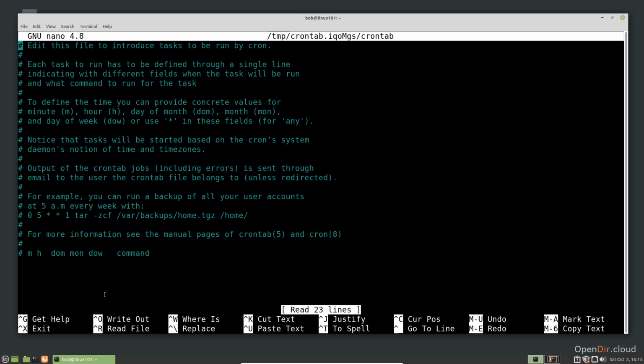Let's try some examples. For the moment, I'm going to use a simple command that touches a text file so we can see a timestamp. Let's say I want to run the command at 1:05 in the morning on the second day of each month. To do that, I would set the following schedule: 5 for the minutes, 1 for the hours, 2 for the day of the month, and then every month, so I use an asterisk,